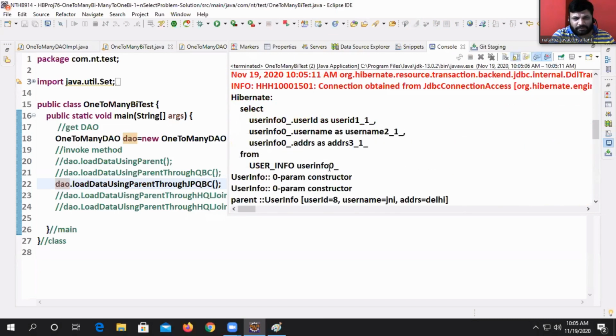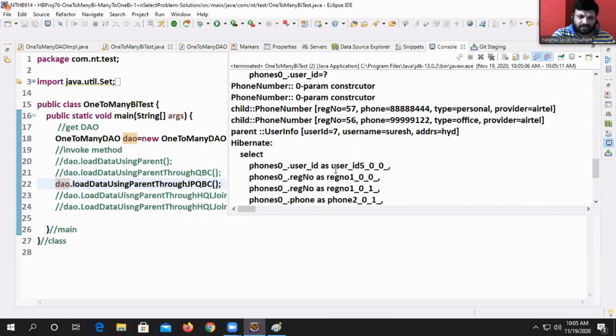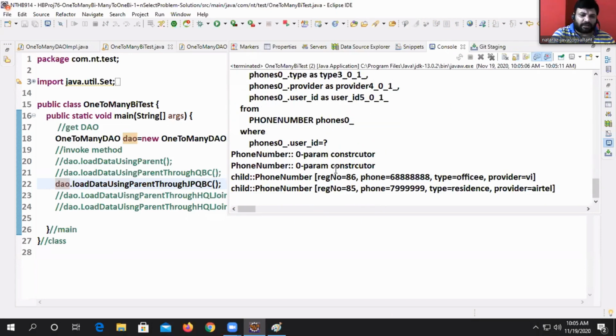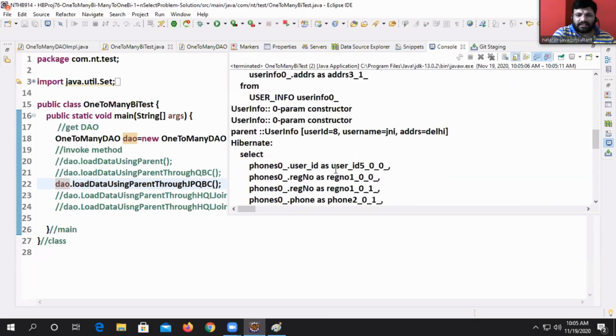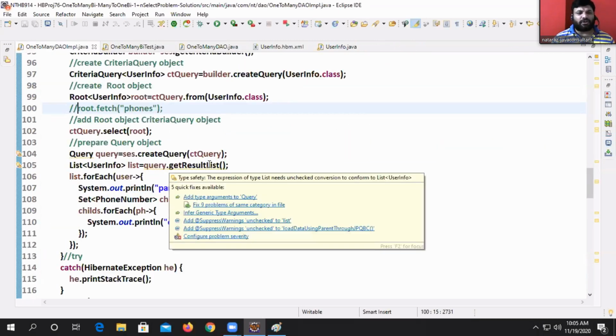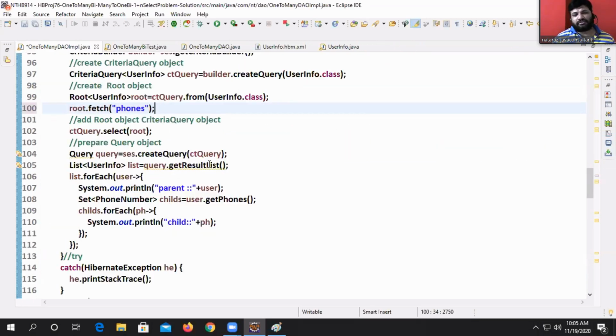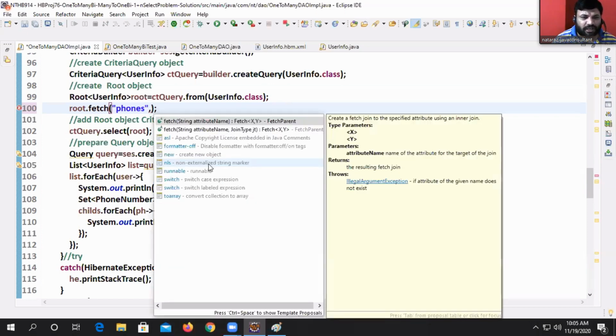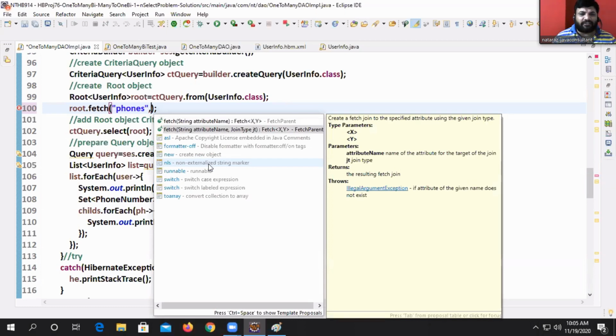Still 1 plus n queries are coming. Did you notice that, guys? Still 1 plus n. So it won't take place. So where do you have to mention fetch mode? Root dot fetch. Is there any chance of mentioning fetch mode, guys? Yes, we are having